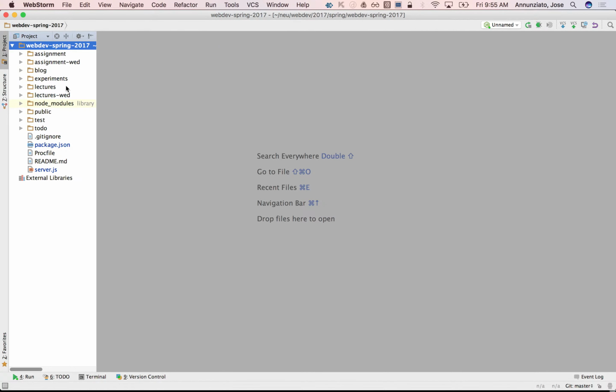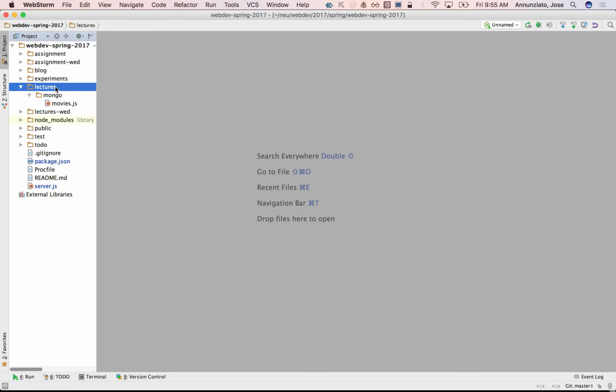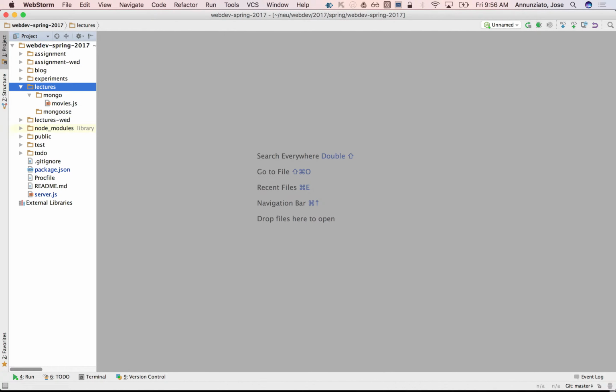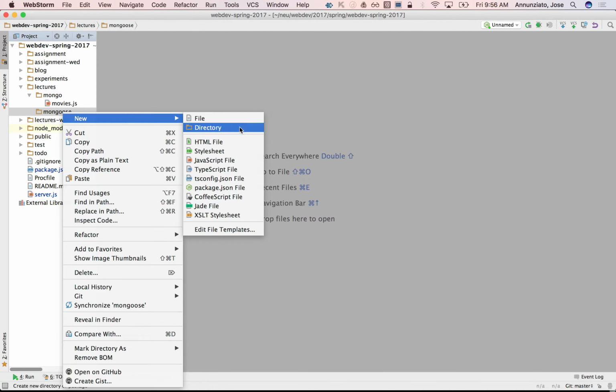So I'm going to start on the server side, right? And if we have time, we'll also build the client side a little bit, at least to just play around with what you have on the server side. But I like to focus more on what's happening in the database, and how you would interact with it using Mongoose to directly talk to the MongoDB database. All right. So let's go into lectures, and let's create a directory for Mongoose where we can play around with the university app. Right. So let's create a little university app,